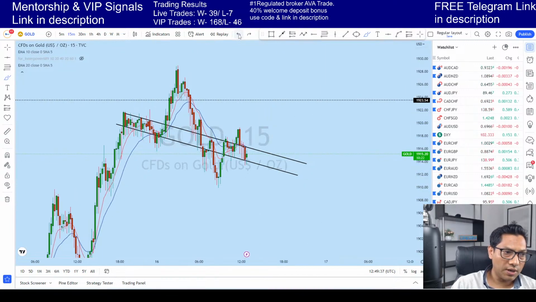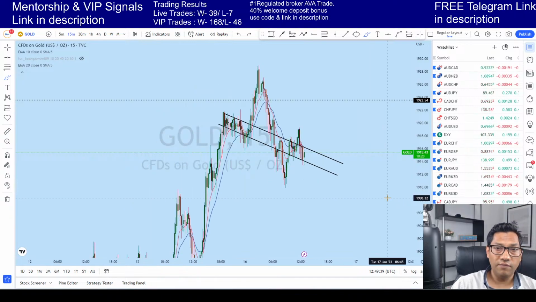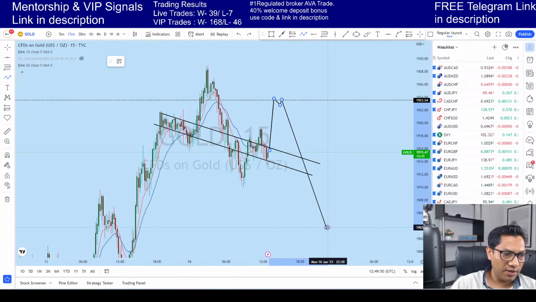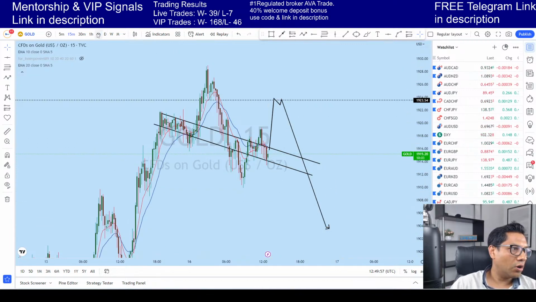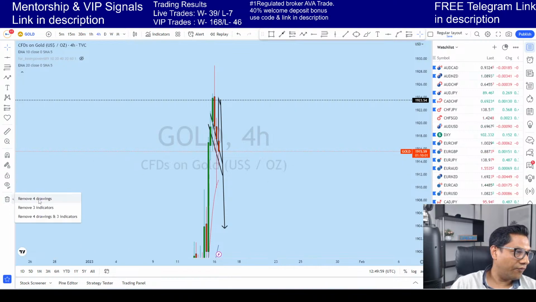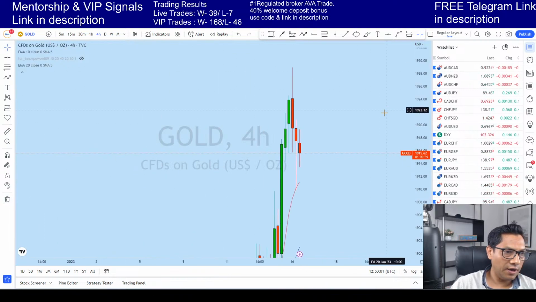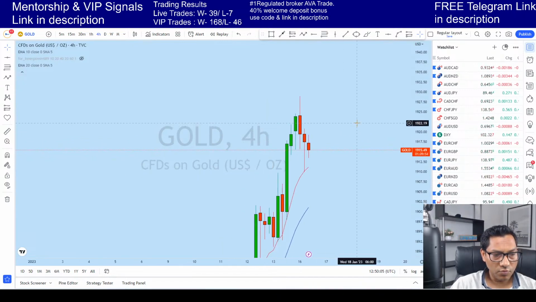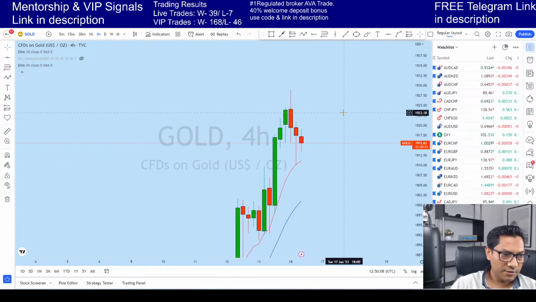This is what I was talking about: for a reversal to be very effective, we need a candle to create a false breakout. So if gold has gone up to test this neckline at the 1923 level and then has come back, then you see on the 4 hour a reversal. What are you gonna do? Sometimes it happens.